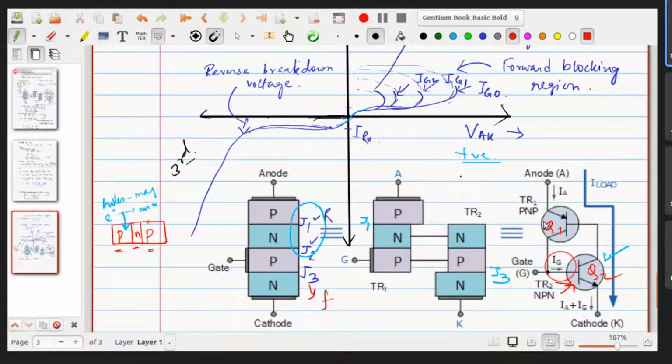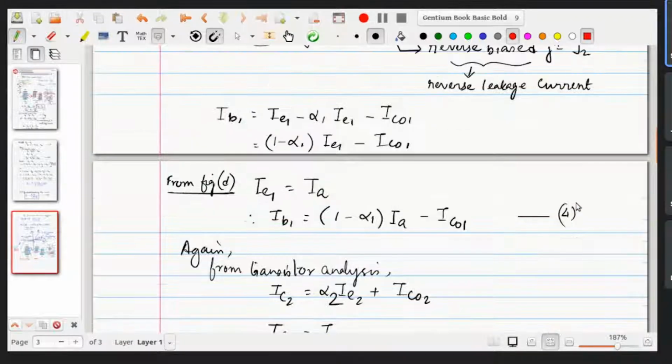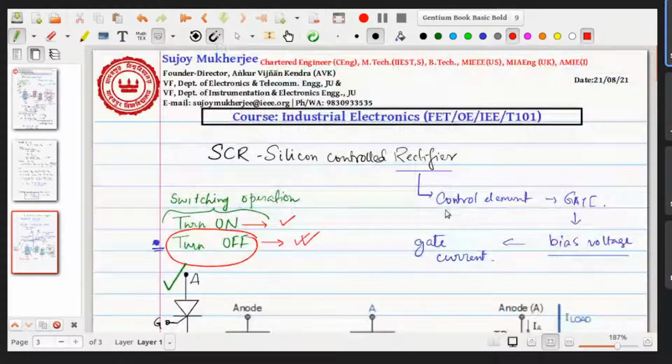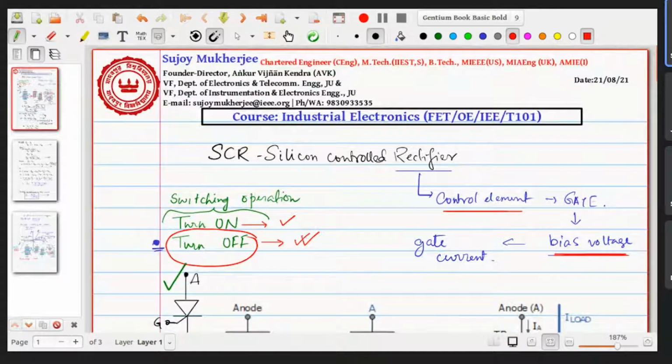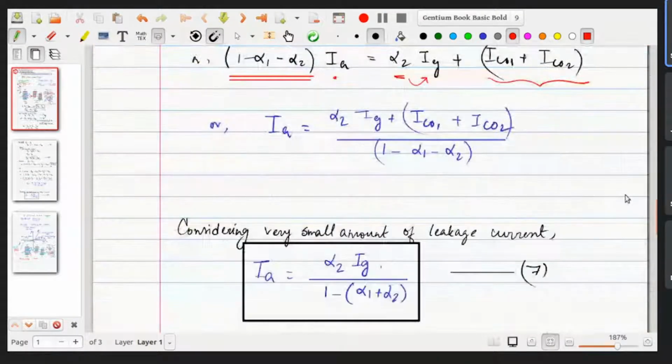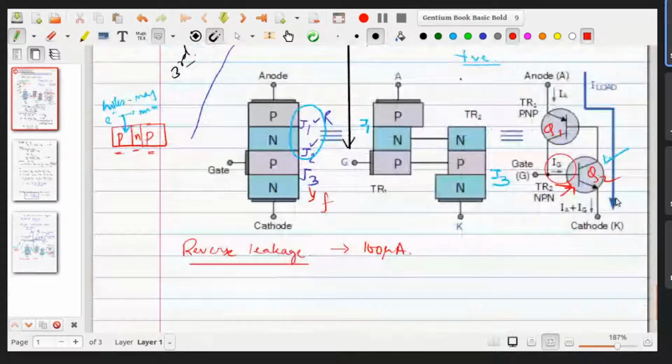But what we are doing, we are increasing the bias voltage right at the very beginning, as we mentioned, that I am going to make a control. The control element is the gate, that is the bias voltage. Initially everything is 0. So Q1, Q2 are all in cutoff. But now if we have a bias voltage, which is the voltage from anode to cathode, and this is increased, then we will find that there is a point being reached when junction J2 breaks down. This is the junction over here.